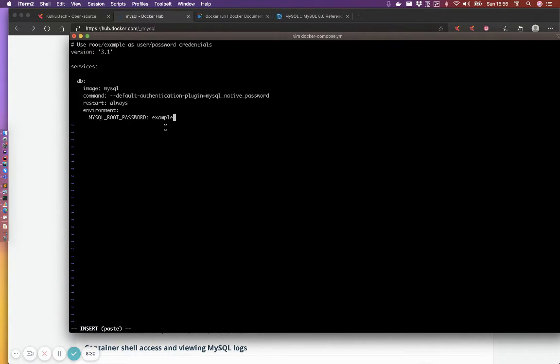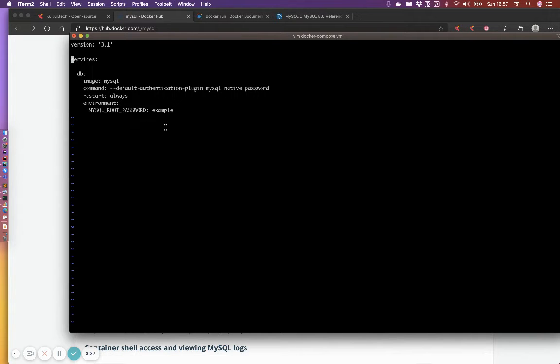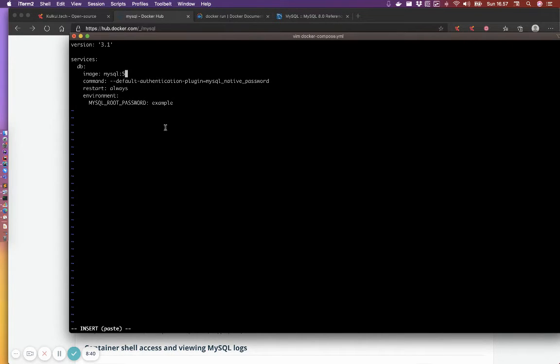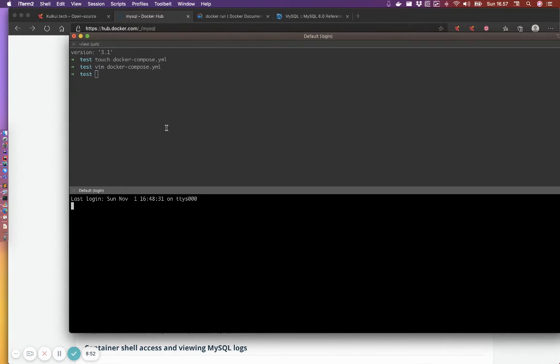I can call it docker-compose, and in here I just grab mysql and say 5.7, and then set the environment to test.